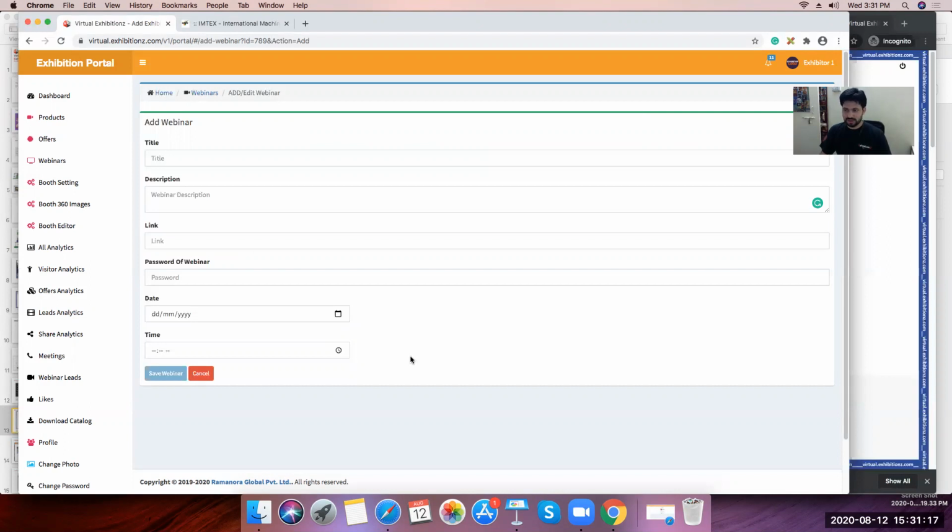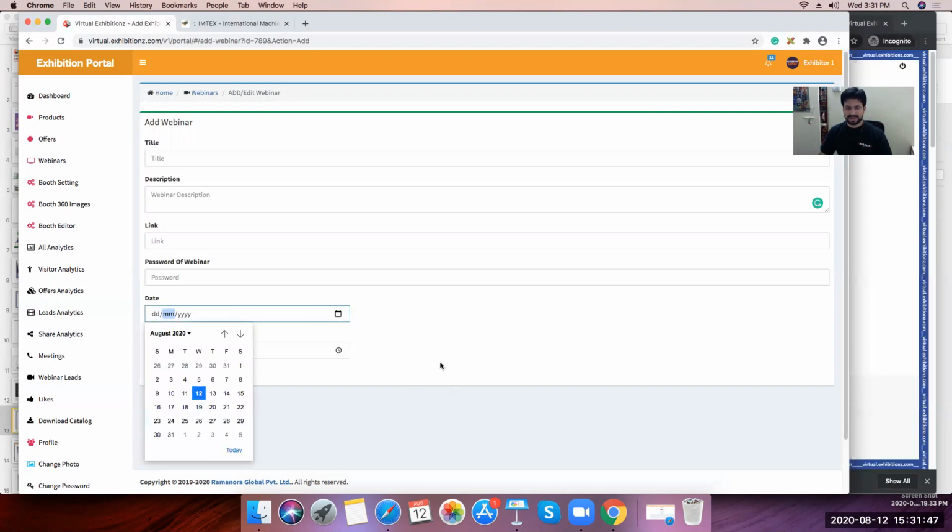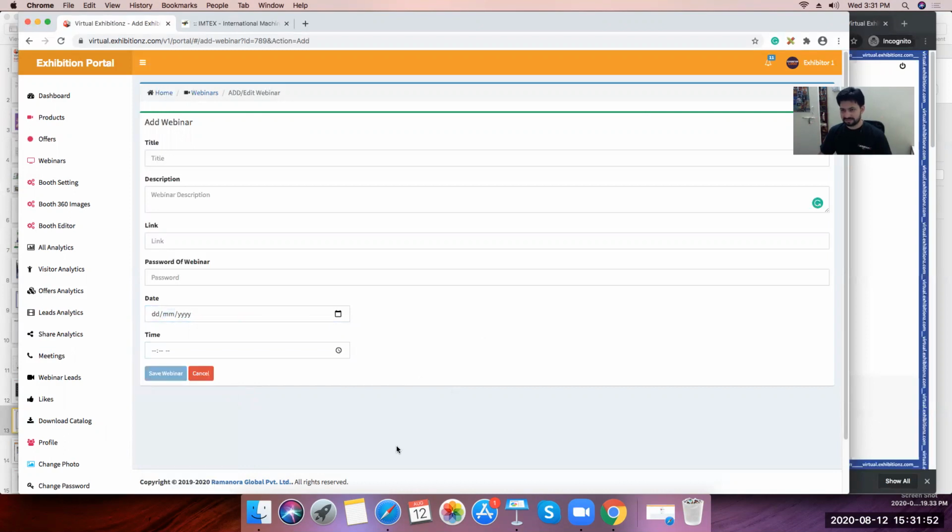This gives the exhibitor the liberty of having a choice. When we started building, some exhibitors preferred GoToMeeting because they have a premium account there. A few preferred Google Meet because all their mailers were on Google. So we decided to create it in such a way that anybody can use whatever platform they want, instead of asking them to use something specific. They can pick whatever date and time they would like to conduct the webinar on, save it, and the webinar is live.